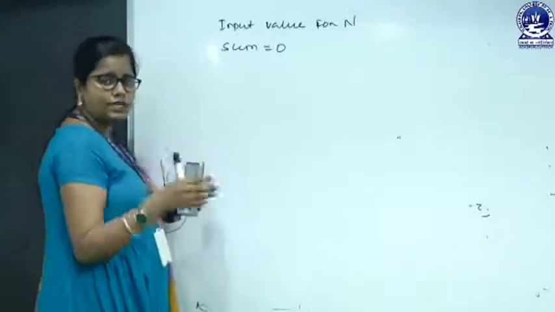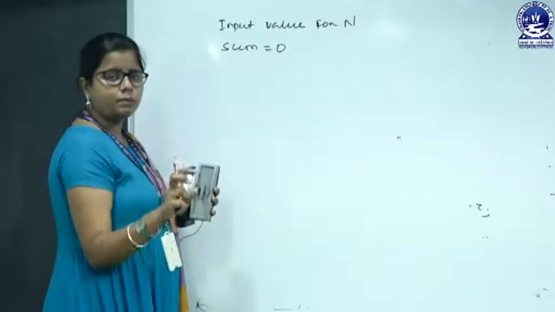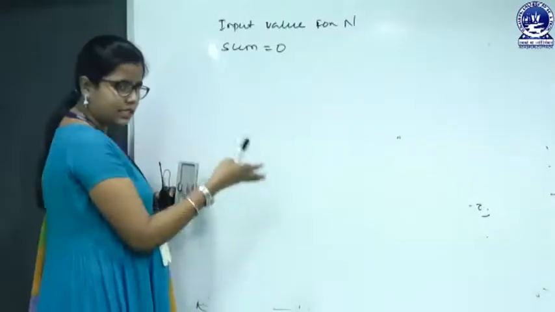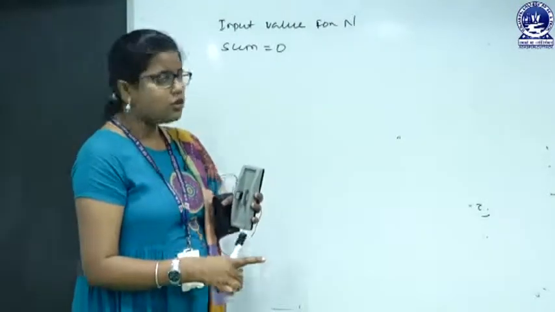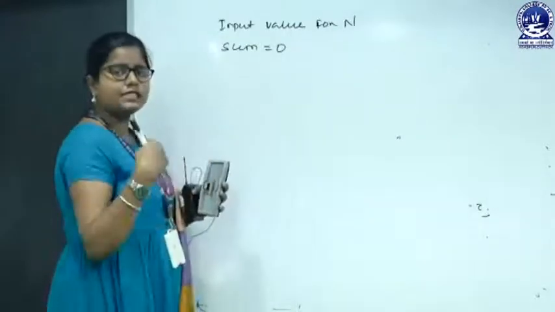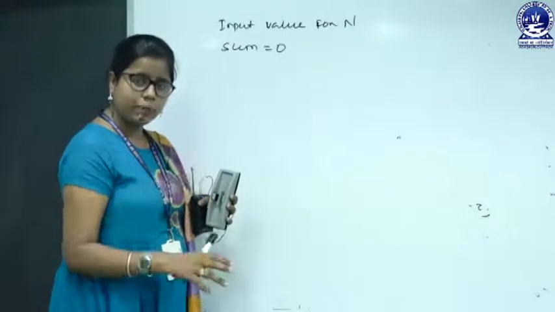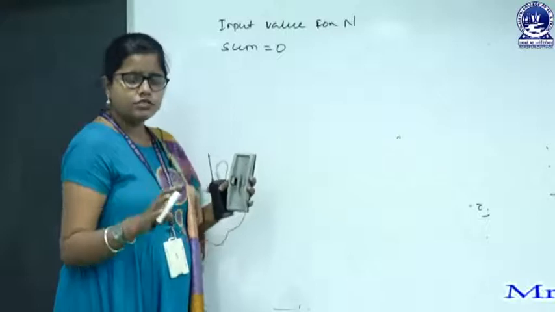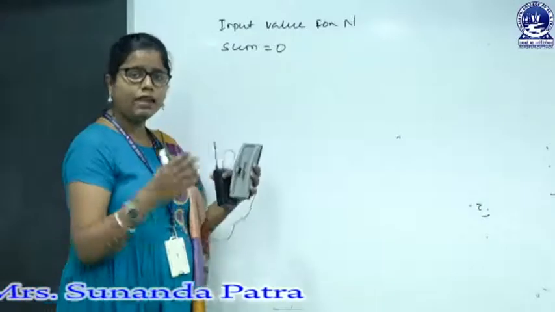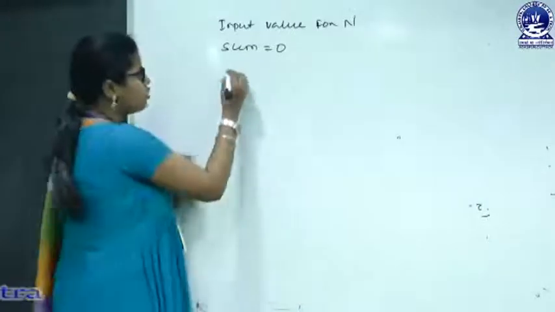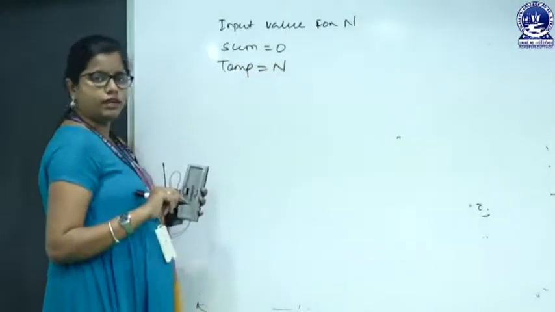Then for extracting the digits from the number, we have to keep the number in a temporary variable, because at the last we have to compare the summation value with the original value. So this is the original value. Let's have a temporary variable. Then we will find the summation of factorials for the temporary variable. Then we will cross check whether the summation value and the original value are the same or not. So for that we have to take a temporary variable. So that is temporary equals n.